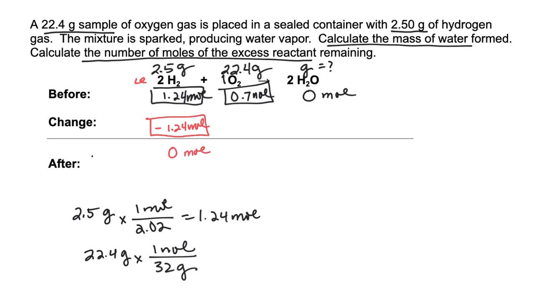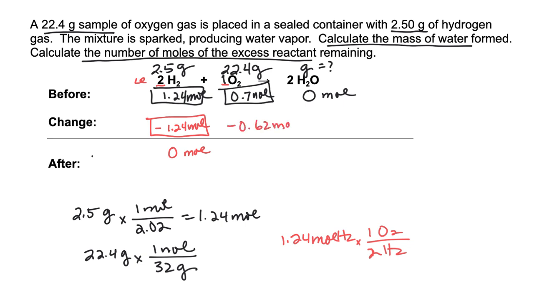And then according to my mole ratio, 2 moles of that to 1 mole of that, I can calculate how many moles of O2 I should use, because I use 1 mole of O2 for every 2 moles of H2. So I take the 1.24, divide it by 2, because I need half of it, and I will use up